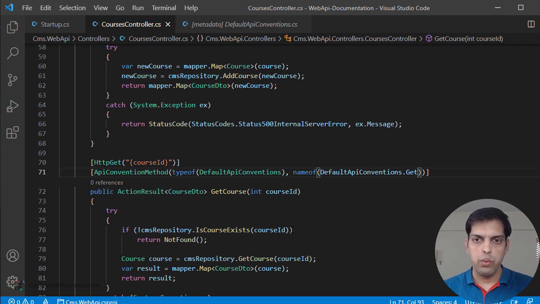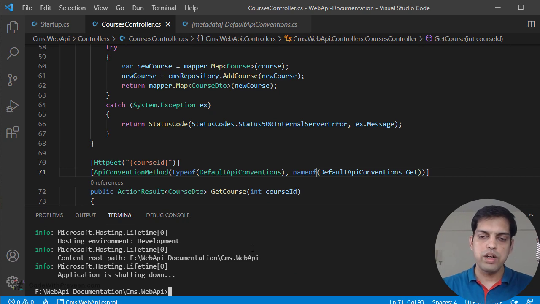That's all. Once you do this, then it's going to apply those three produces response type attributes that we just saw before, and it's going to apply to this get courses method. It's good, right? Because it's able to reduce the amount of hard-coded response type values that we have done here. As long as your action method follows the predefined standard, then you are good to go. Let's build the project and look at the output in the Swagger UI.